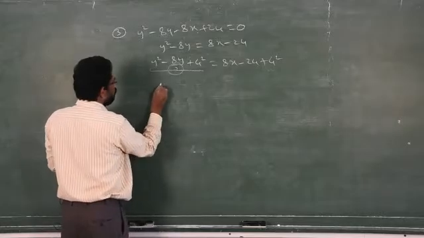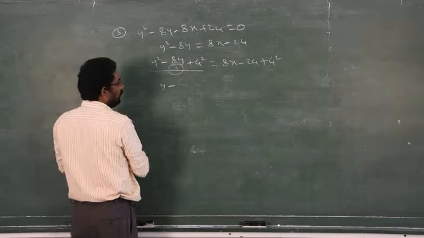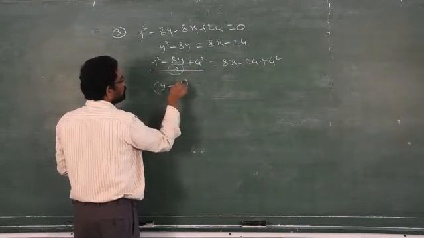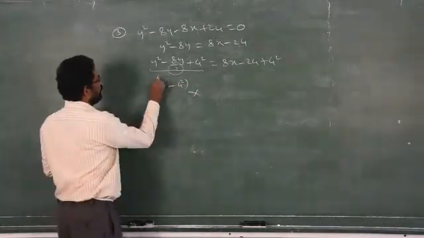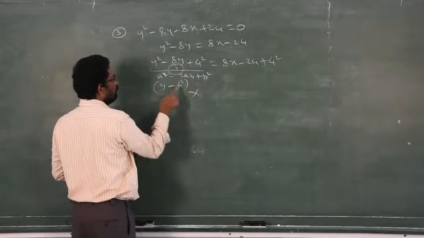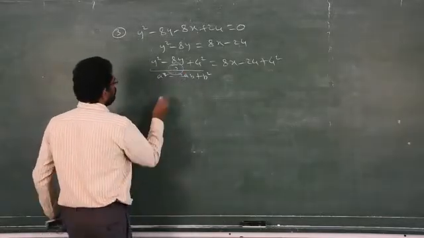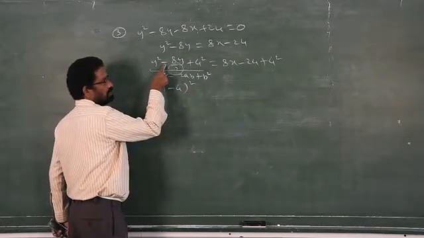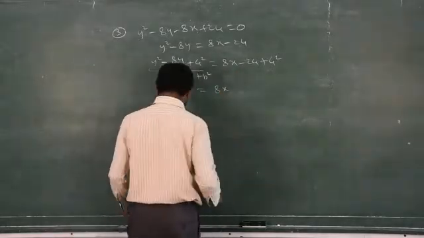Now this is the form of a minus b. This is a square, this is b square. Here there is a minus sign, therefore b square is 4. Don't write 4 square, it is wrong. This is the a square minus 2ab plus b square format. A is y, b is how much? 4. So don't write b square inside the bracket. So y minus 4. Sir, why are you writing the minus sign? Because minus is there. Simplify the right side: minus 24 plus 16.